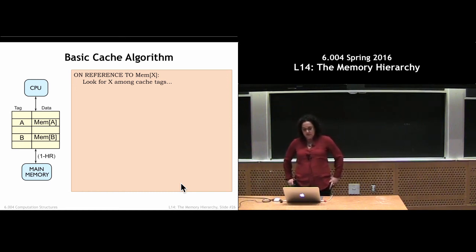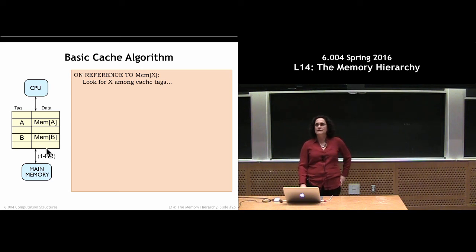But just to finish things off today, very quickly, I'm going to give you a basic algorithm for what a cache looks like. So the idea is you have your CPU on one end, your main memory that has all of your data on the other end, and then you have this fast cache in the middle. Now remember that your cache does not contain all the locations in memory. So in addition to having some data, you have to store some information about the address of the location that's in the cache. Okay, so if, for example, I have address A in my cache, I'm going to have a tag that says this is the value of location A,